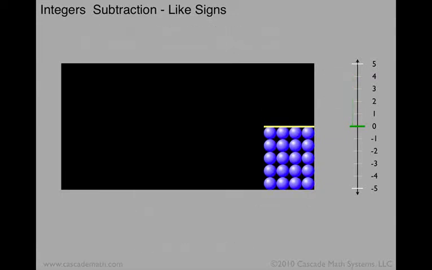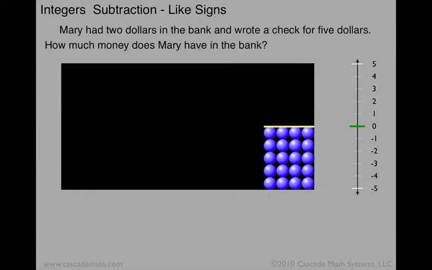Let's work another problem. Reset your trays. Mary has $2 in the bank and wrote a check for $5. How much money does Mary have in the bank? Since Mary started with $2 in the bank, we use 2 balls to represent this. Positive 1, positive 2. Since Mary wrote a check for $5, we must take $5 from what she had in